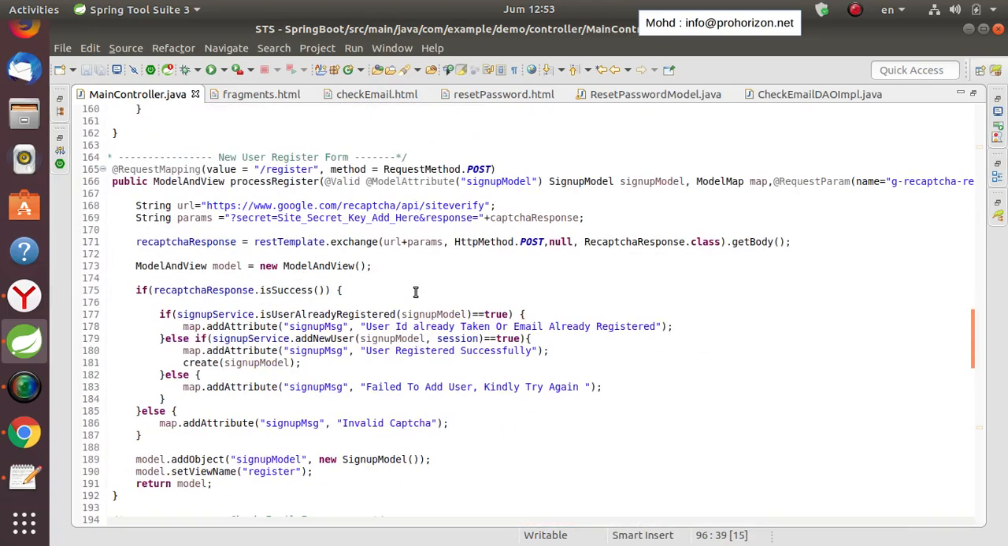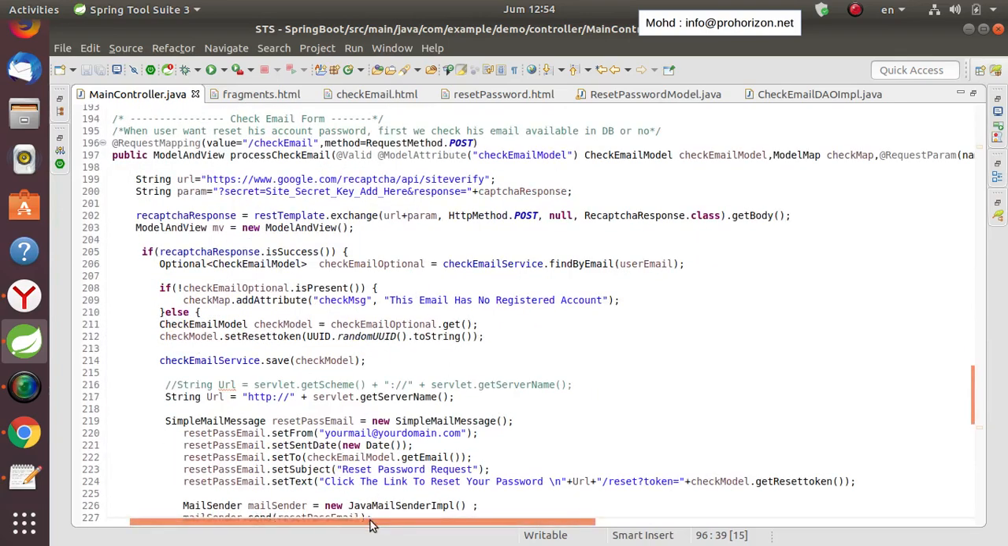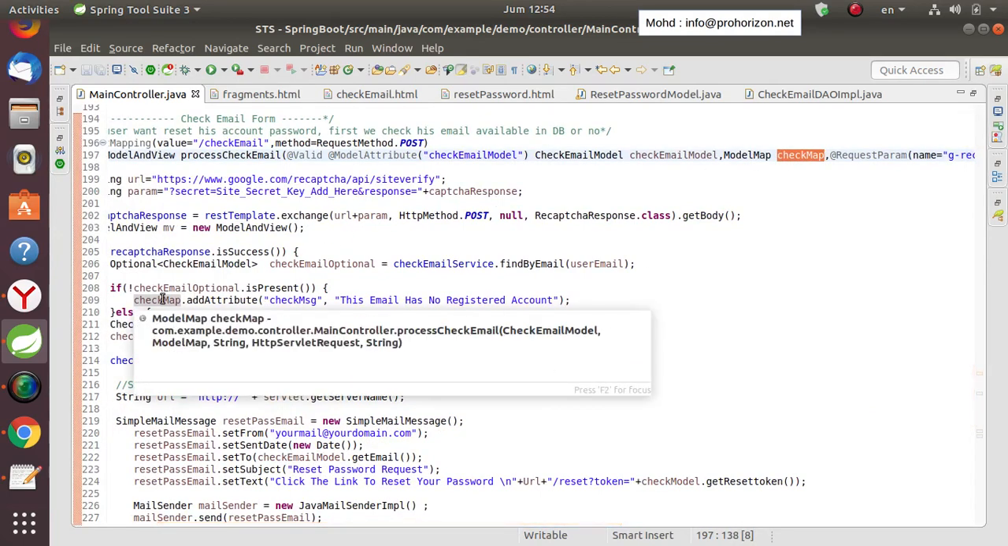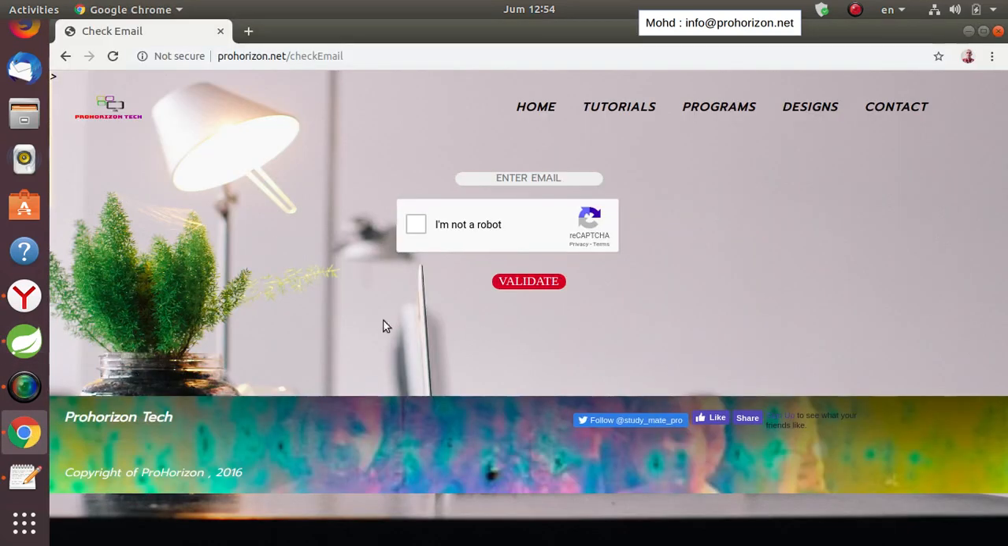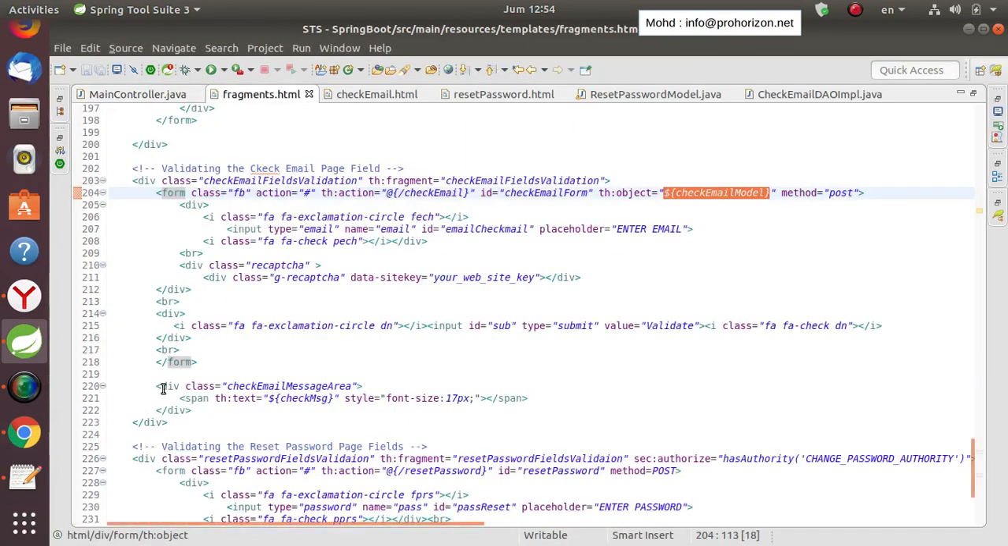Okay, having said that, let's move to the model map object, which we will use here to show any messages, as I have said, and these messages will be shown in here, and we place the code of it in the fragment in here,